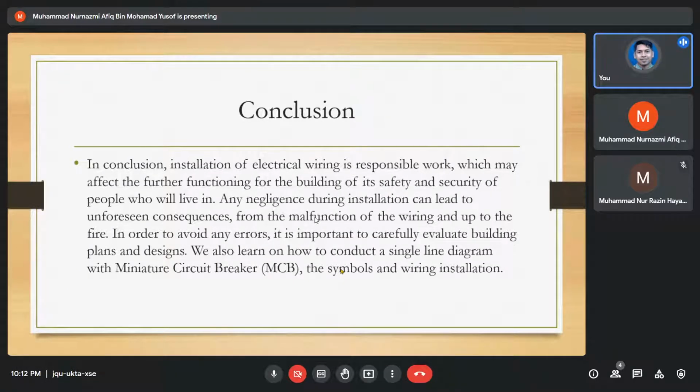In conclusion, installation of electrical wiring is responsible work which may affect the functioning of the building and the safety and security of the people who live in it. Any negligence during installation can lead to unforeseen consequences, from malfunction of the wiring up to fire. To avoid any error, it's important to carefully evaluate the building plan and design. We also learned how to draw a single line diagram with the miniature circuit breaker, which is MCB, its symbol